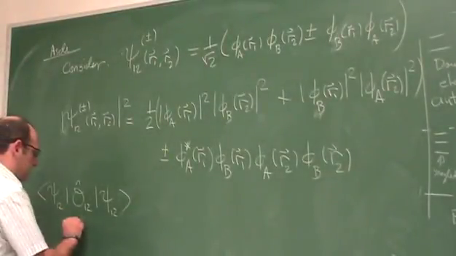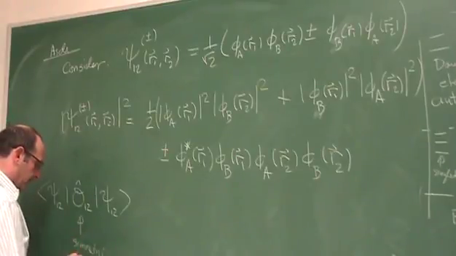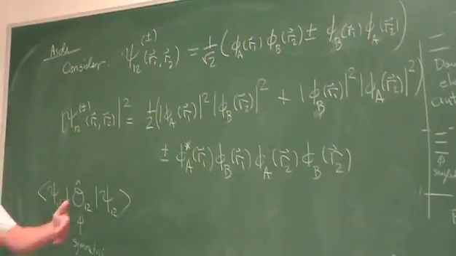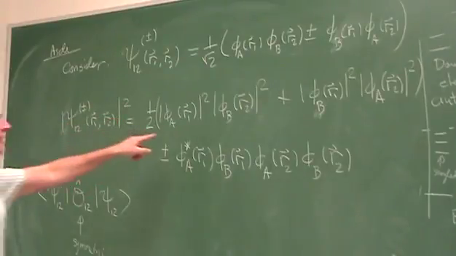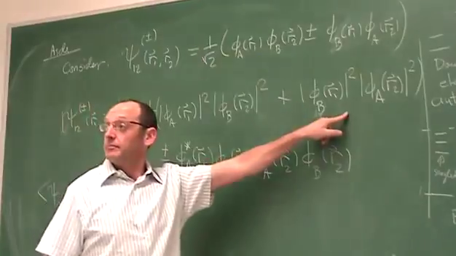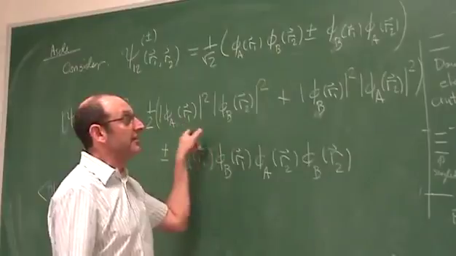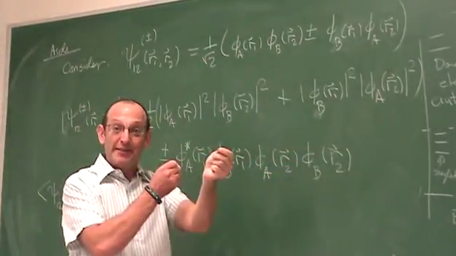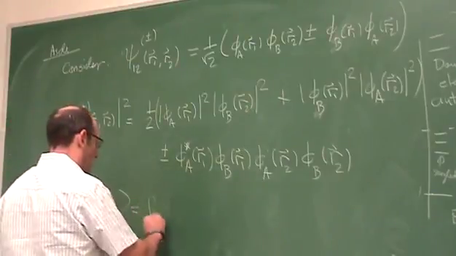So this is symmetric with respect to 1 goes to 2. I'm going to have an integral just like the one we wrote down. So these two terms will be the same, right? Because the only thing that distinguishes these two terms is switching R1 with R2. But they'll give the same integral. Is that clear? So this is equal to the integral over